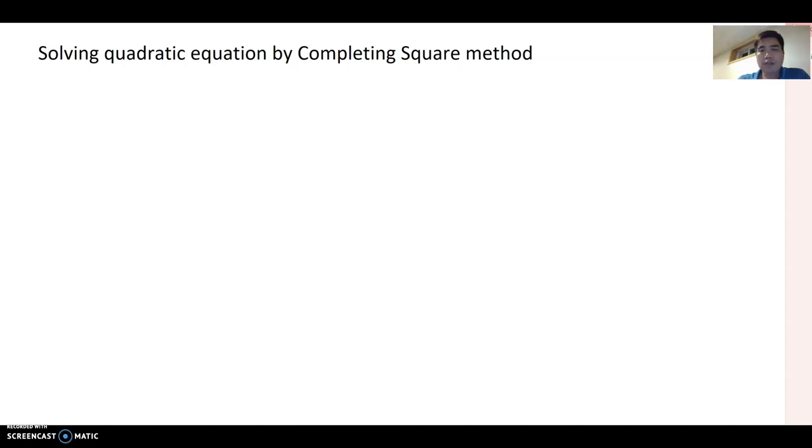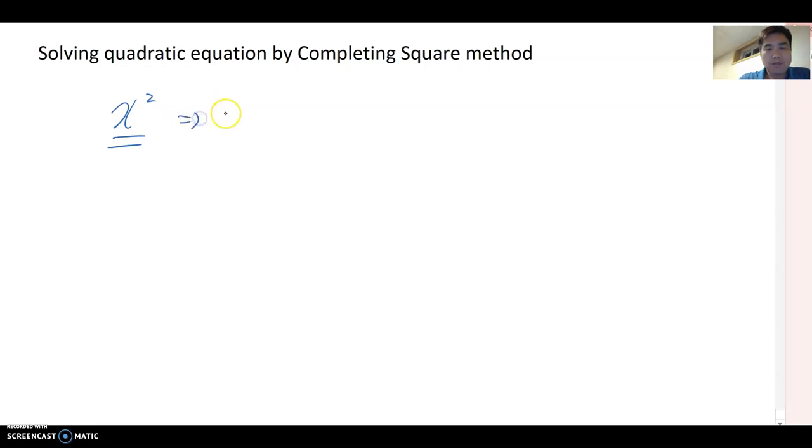Hello again. So this time we will talk about solving quadratic equations by the completing square method. Then, what's the meaning of the completing square method? Before we discuss this method, we're going to talk about the meaning of completing square form. Okay. So one of the completing square forms is x squared,